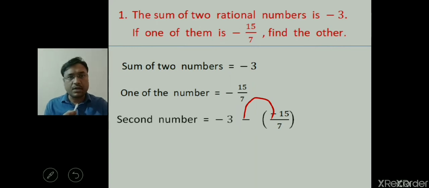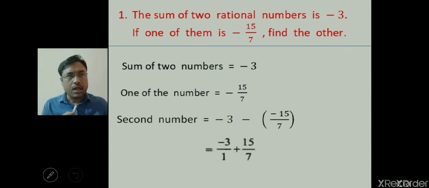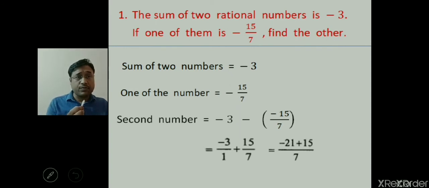So this will give result plus here. So we will write that minus 3 by 1, minus 3 is minus 3 by 1 plus 15 by 7. So this you can add taking LCM of denominators 1 and 7, which is 7 here. So now we can write 1 into 7 times this 7. So 7 into minus 3 is minus 21. And then again 7 into 1 time the denominator, the LCM will come. So 1 into 15 is 15 here.